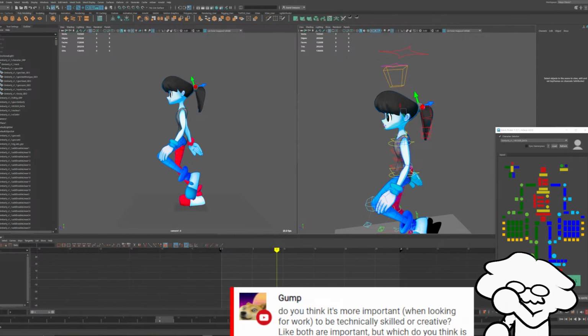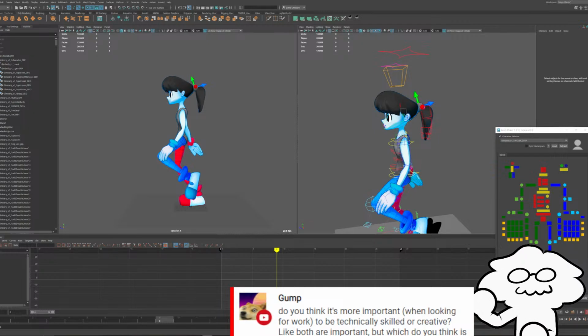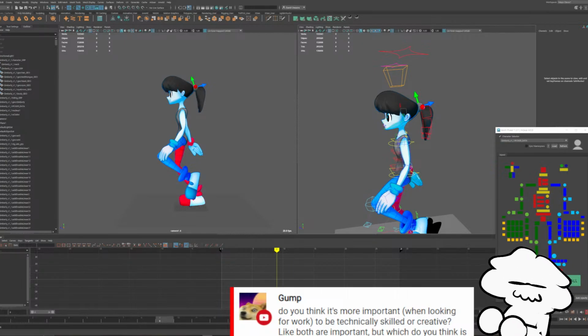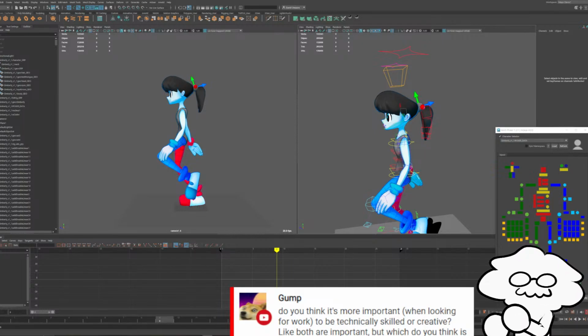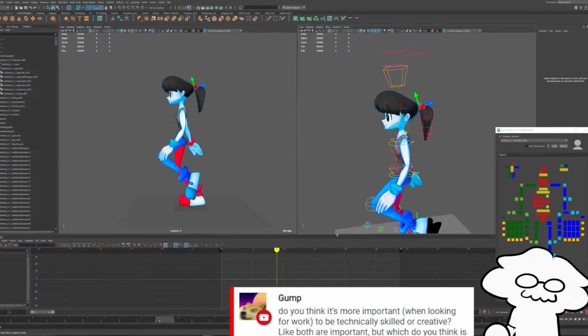Whereas with technical jobs like tech art, rigging, simulations, VFX, all that, which can be creative industries, creative jobs, they're much more common. It's much easier finding work because studios constantly need people who can rig, who can do simulations and all these other smaller, technically complex skills. So I'd say it's easier to find a job in a technical skill, but depending on how you feel about those technical skills, you might not be as happy.